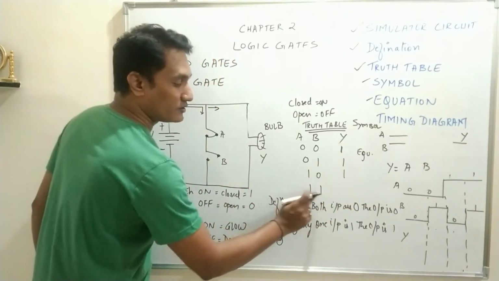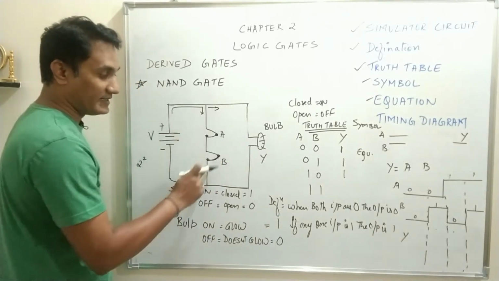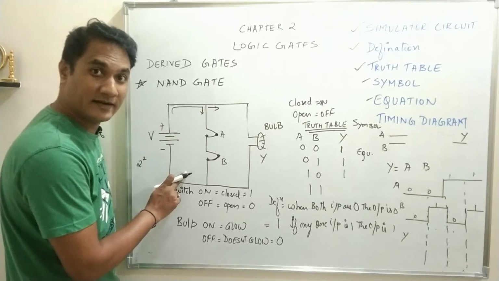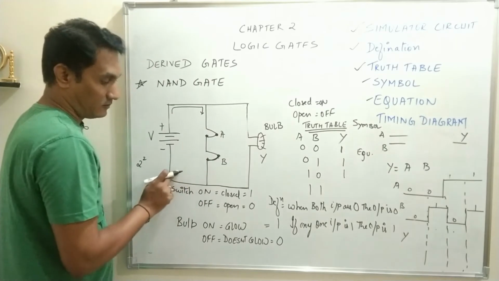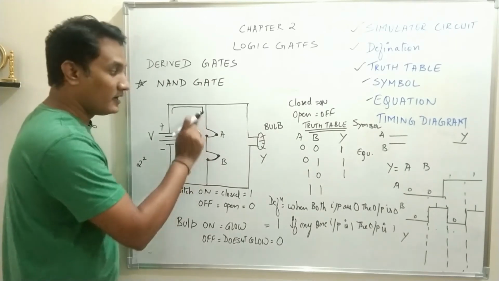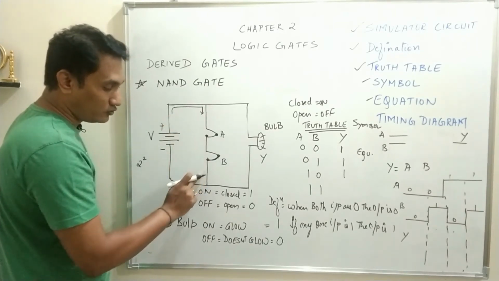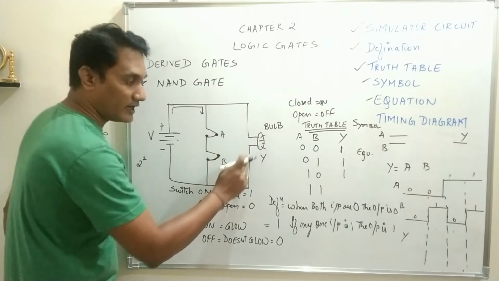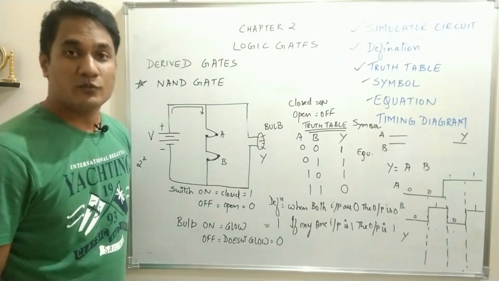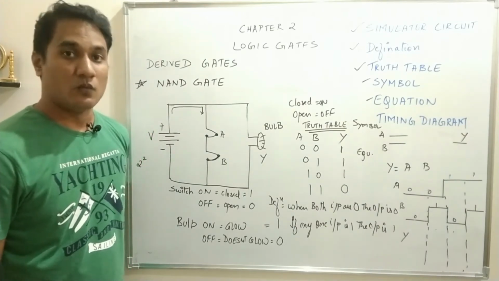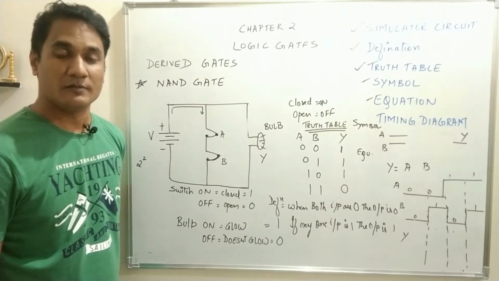And when both the inputs are 1, what happens is, now the circuit is complete, a short circuit has been created, so all the current will flow through the switches, because under short circuit condition that particular path has resistance 0. So all the current will flow through those switches to ground and no current will flow through the bulb, so output Y will be equal to 0. So the output of NAND gate is 1 1 1 and 0. Last condition, when both the inputs are 1, the output will be 0.